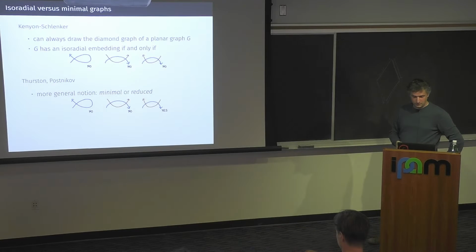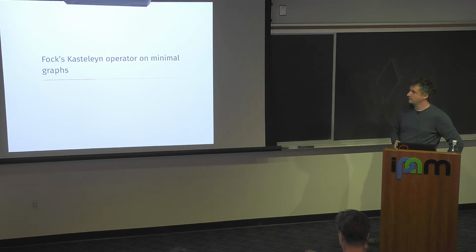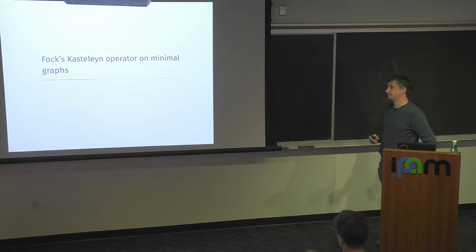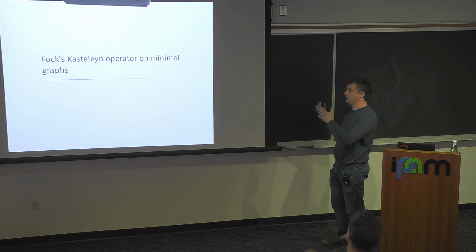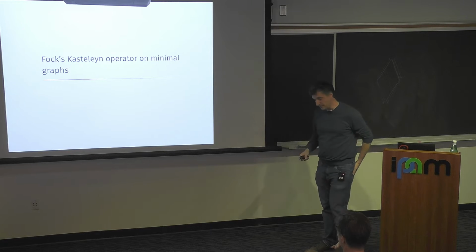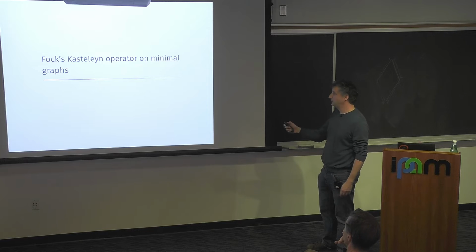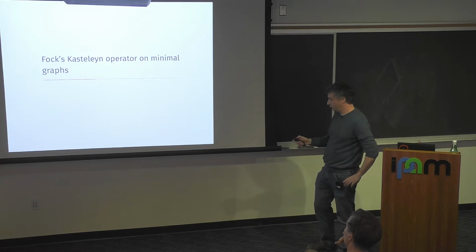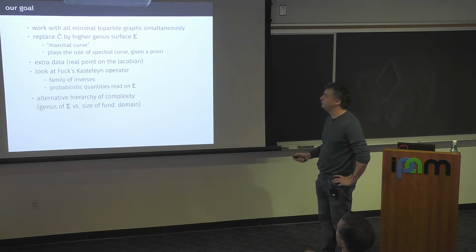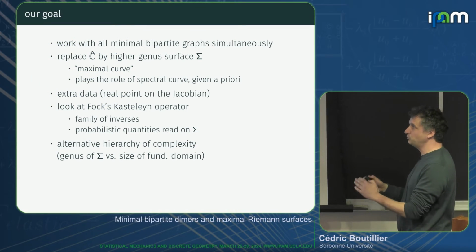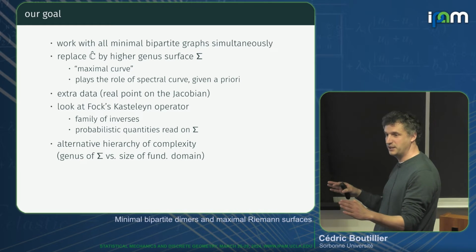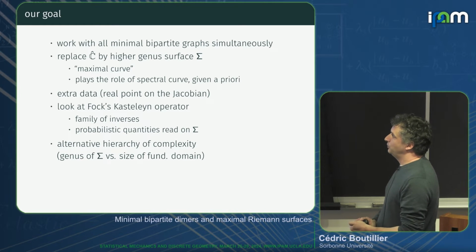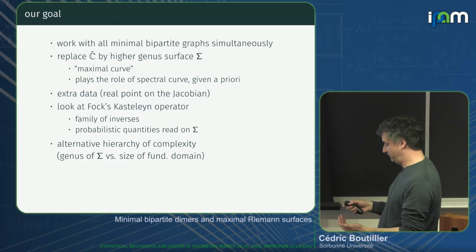Okay, so yes. What we want to do is the following. We would like to generalize the setting of isoradial graphs using Fock's formula for the Kasteleyn operator. So how will we do this? What we want to do is to work with all the infinite minimal bipartite graphs simultaneously and replace, in fact,